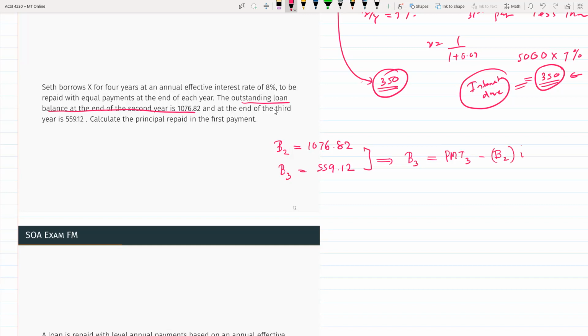It's the end of the second year loan balance, and this is the principal, the interest due. Then the B2